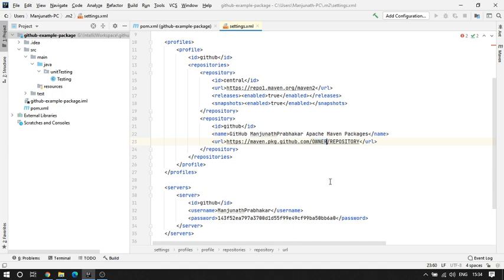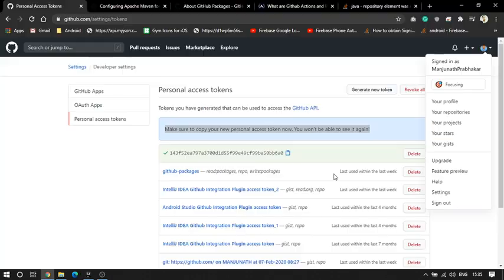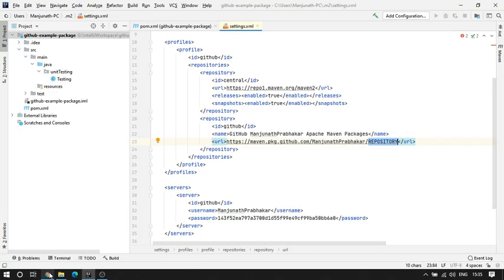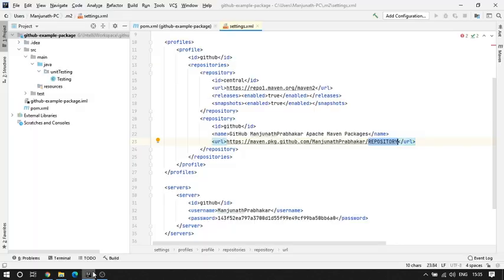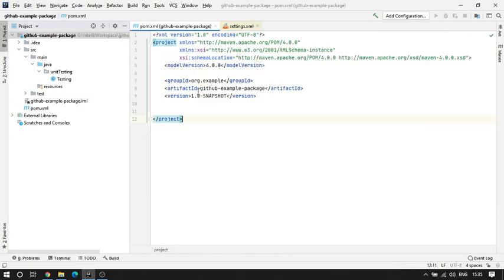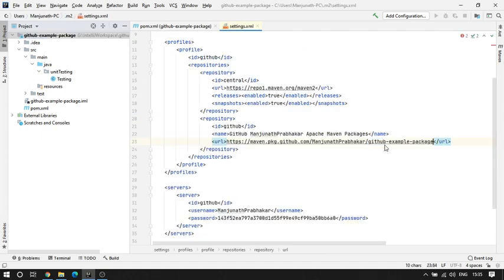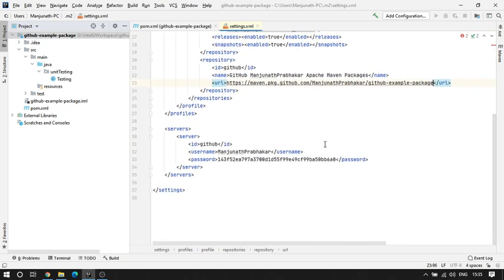Okay, sorry. Now we have something called repository, which is our repository name. For that, I'll copy this name and put it in here. I'll just save it. Okay, so this is done.